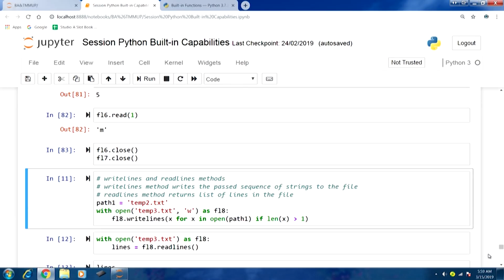So let's take an example. We'll use temp2.txt, which already has certain data, and using a with block, we open temp3.txt in write mode. Whatever data is in temp3.txt will be erased, and this fl8 object is created. Now we use fl8.writelines, and here I am using a comprehension: x for x in open(path1) if len(x) > 1. If there are multiple lines in the file, some may have no characters. Only the lines having more than one character are filtered and written here. If I run this,